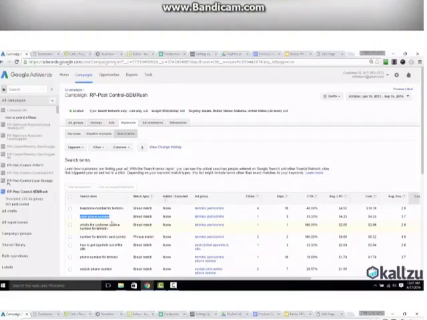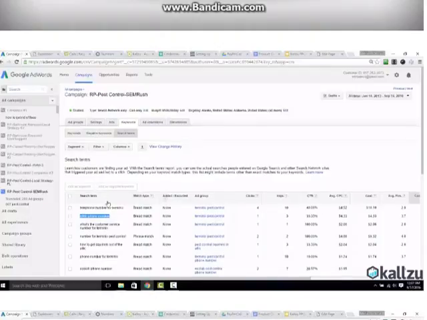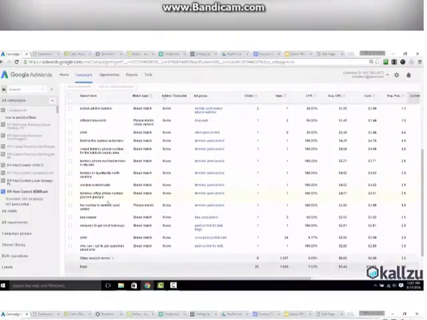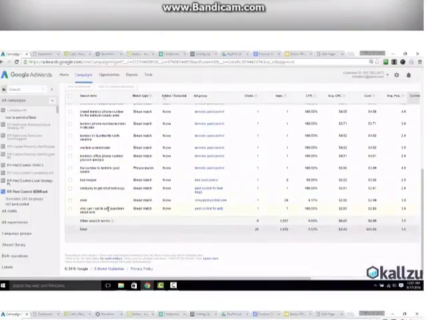Okay, now we're going to talk about how to find and define your negative keywords using your search queries. So basically we're looking for terms that are going to waste our money and not produce a conversion, and we're going to go over here into negative keywords and add them. So first let's take a look and see if we see anything. I've kind of already breezed through this list, and I found one that for sure I want to add, and it's the word questions and